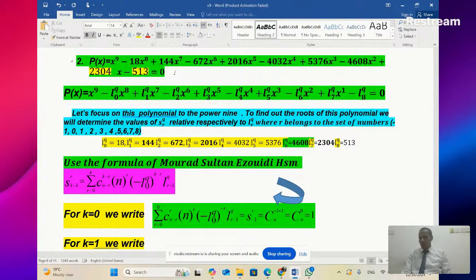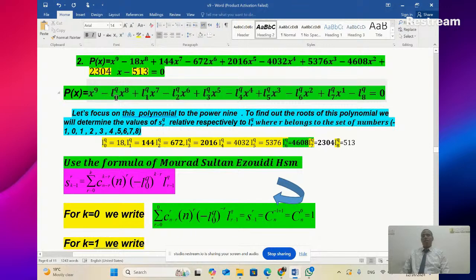Plus 2016 x raised to the power 5 minus 3024 x raised to the power 4 plus 5367 x cubed minus 4608 x raised to the power 2 plus 2304 x minus 513 equals 0, where my standard form of my ninth degree equation is written x raised to the power 9 minus